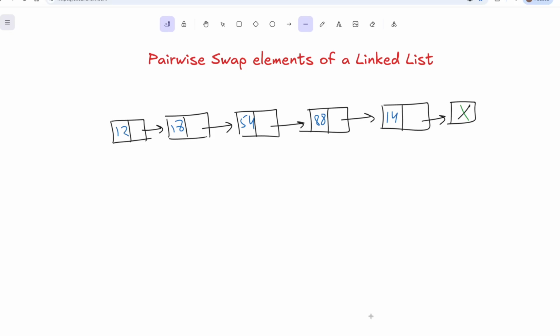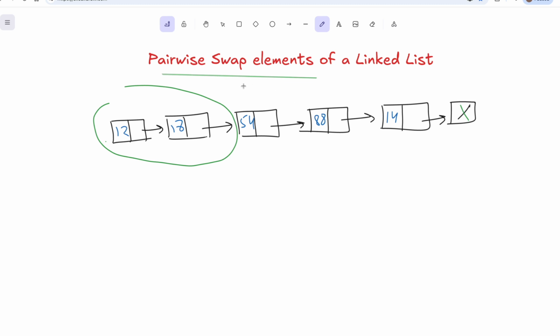So today we will be solving a new question in our linked list series, which is pairwise swap elements of linked list. Okay, so first of all, let's understand the meaning of this particular question and then we will be moving to the solution. So currently, for example, we are having this particular linked list and we are having some elements. Okay, so what does a pairwise swap mean? That we need to swap these elements in pairs actually.